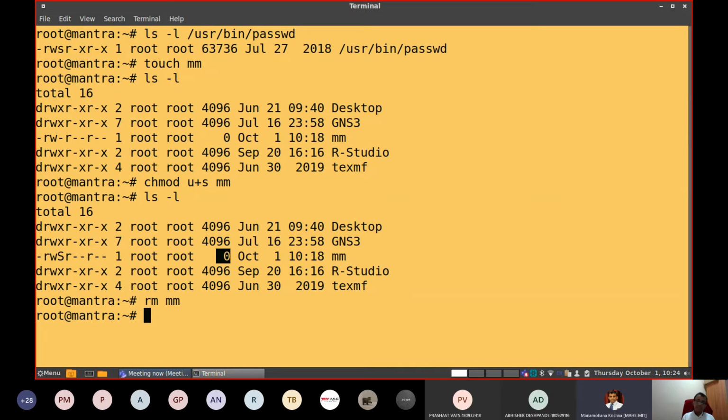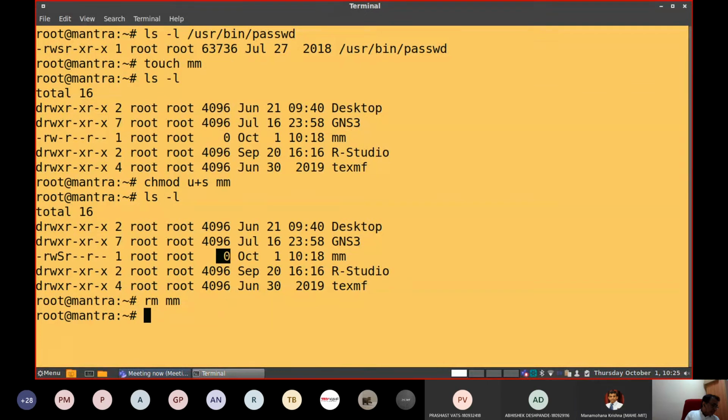You can make this possible if you want to speed up the operation, if you want to load a program again and again. Once you start it, then close it again. If you want to start it repeatedly, then it is better to set sticky bit equal to 1 for such programs.